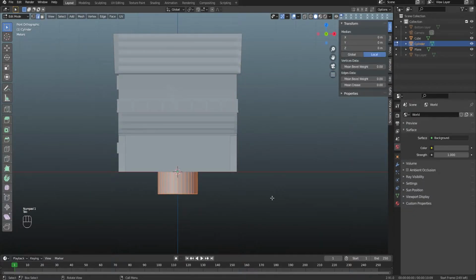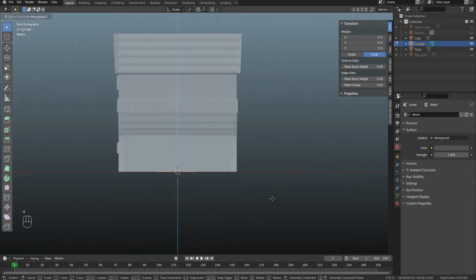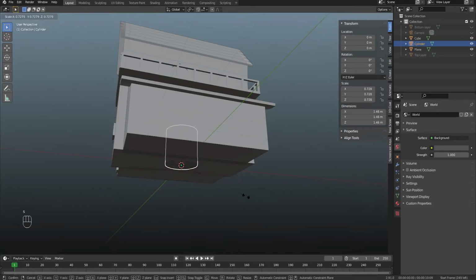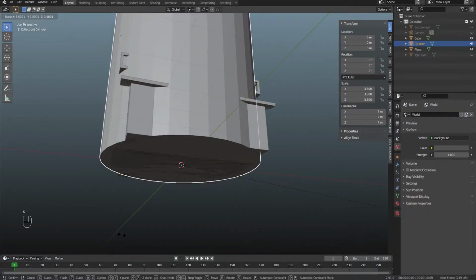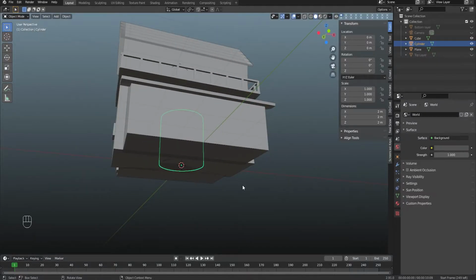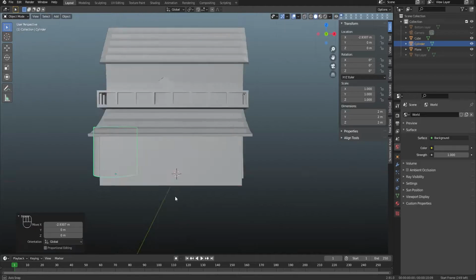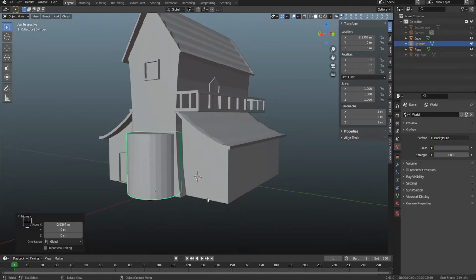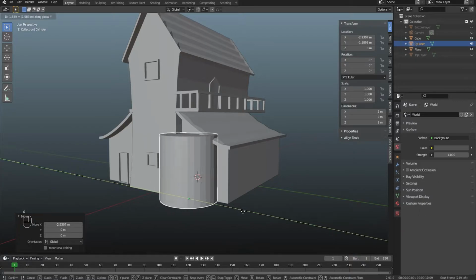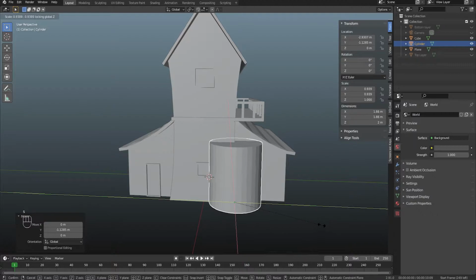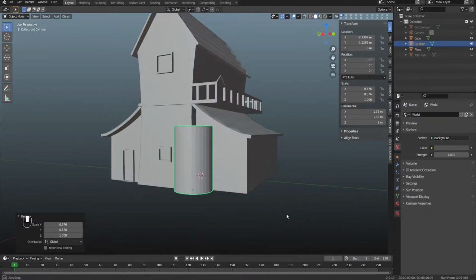Let me go to the edit mode, G Z 1. Why do I do this? I always like to place the point of origin to the bottom, so that no matter how large it is, it always gets stuck in the bottom of the plane. Let me bring it forward until it meets something like that, and G Y something like that, and let me decrease the size of it a little bit,